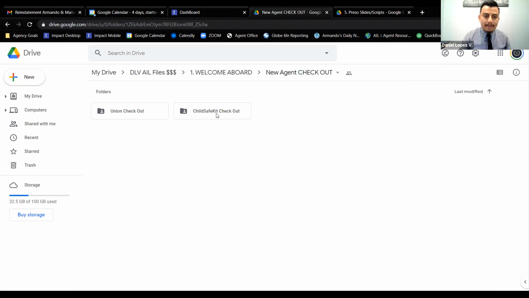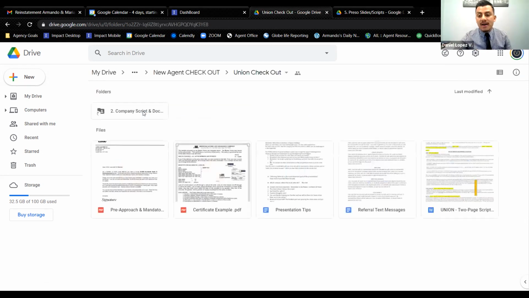Now, let me explain. With the union checkout, this comes directly from the company. The child safe comes from us, but the union comes directly from the company. So when it comes to union presentations, we can't have you pass checkout for something we made. You can only learn that after. But with the union checkout from the company, if you look here,